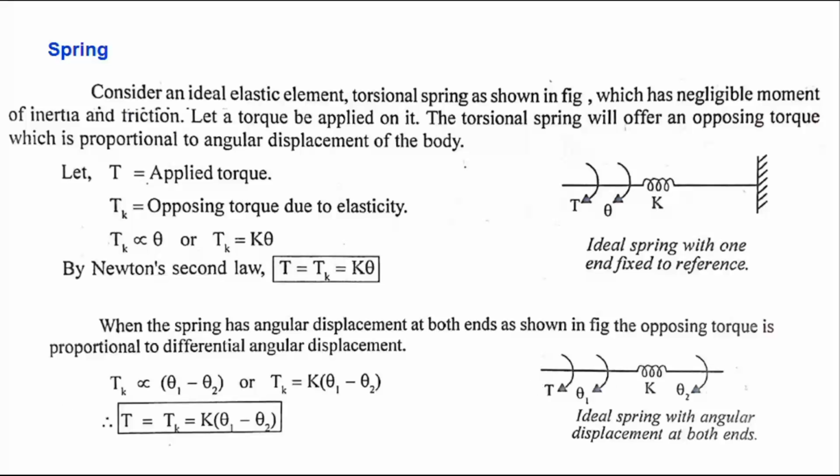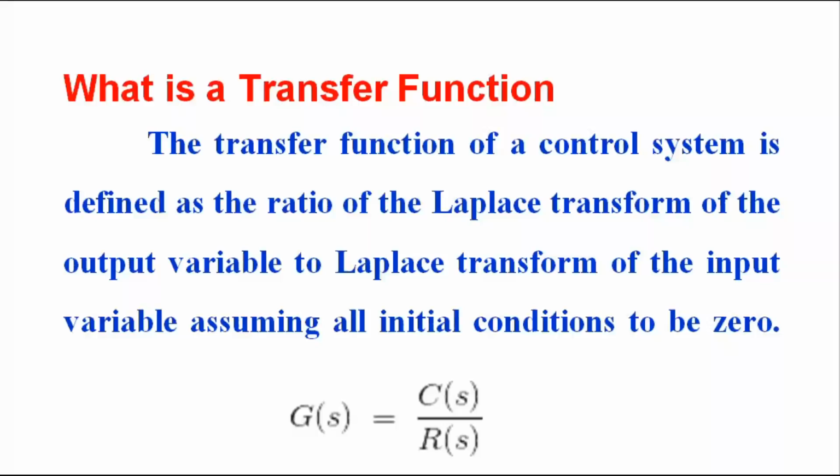Now let's see about the transfer function. What is a transfer function? A transfer function represents the relation between the output signal of a control system and the input signal for all possible input values. This is the final formula of the system. The actual system is completely converted into a mathematical formula or mathematical model. That is the transfer function. By the use of this formula or this model, we can analyze the system by using the computer.